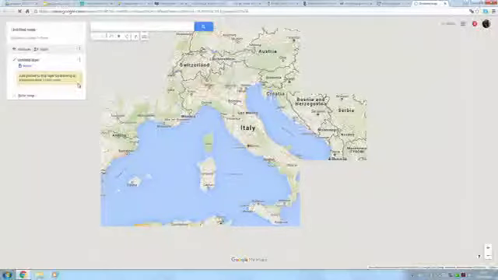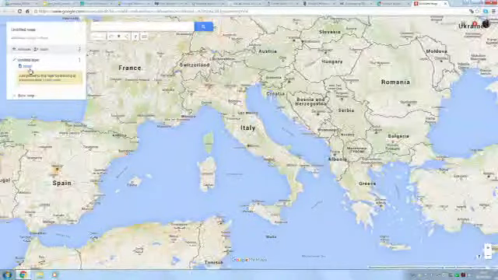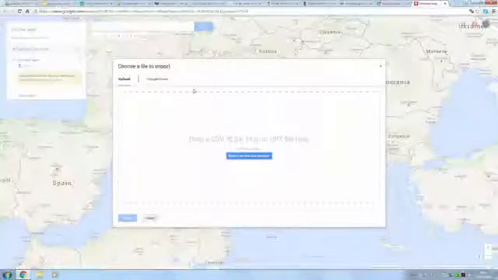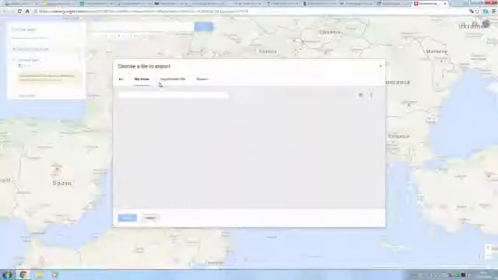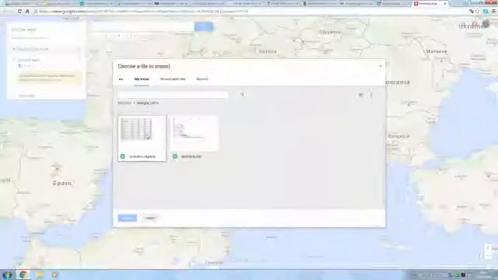You have the base map, and you have untitled map, untitled layer. So you start importing a data set from here. You just click on import, and you have to have a data set ready. You can import it directly from Google Drive. So you prepare a table of the number of workers in agriculture for the different Italian regions. You upload your table. And it's a bit slow, but